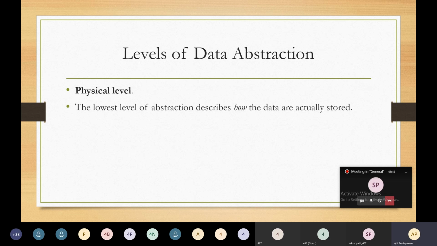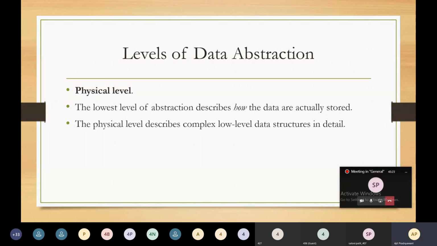This physical level describes exactly how the data is stored inside the database system. It describes complex low-level data structures in detail. To store the data, it uses data structures, and it describes those complex data structures.